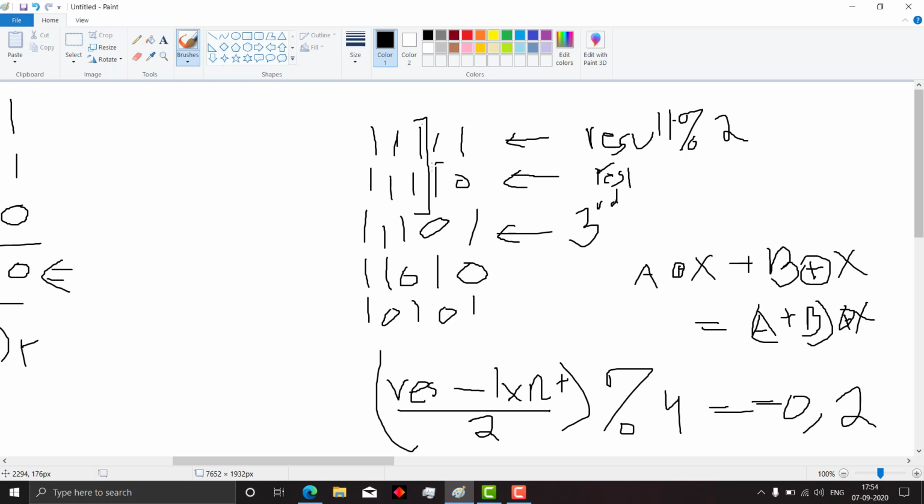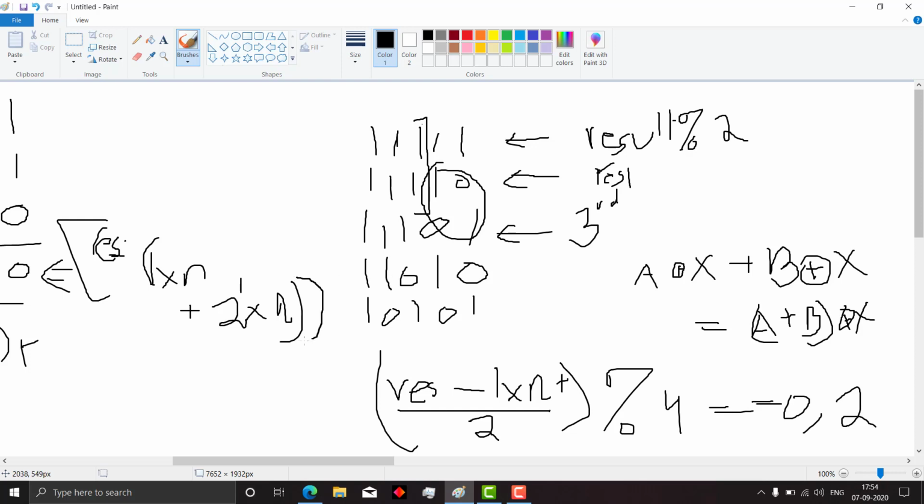Okay, so the contribution due to these 4 bits would be 1 into n plus 2 raised to 1 into n, and we subtract this from our res, then take a by 2 and then take a mod 8. Got it? So, and we continue so on.